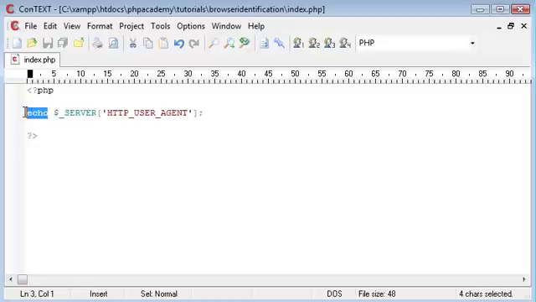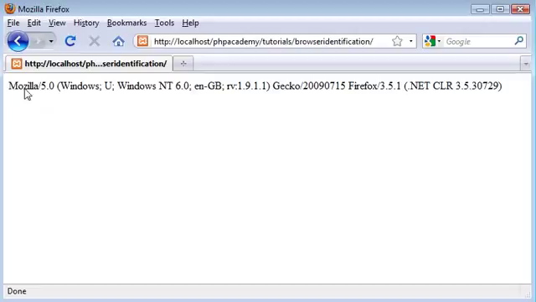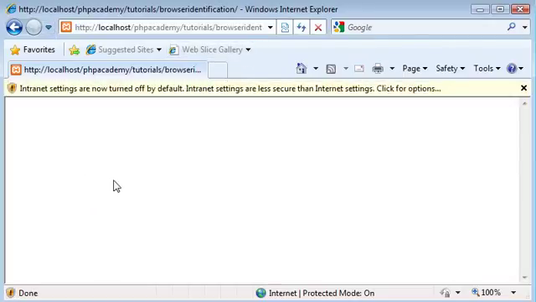So what I'm doing is basically echoing this out. That's all it needs. This is an array. You can tell we're using square brackets here. If I was to open up Firefox, for example, and refresh, we get all this information up. Now it's hard to interpret this because we have, say, Mozilla 5 here, but if we were to open Internet Explorer, for example, and just refresh this page, you can see